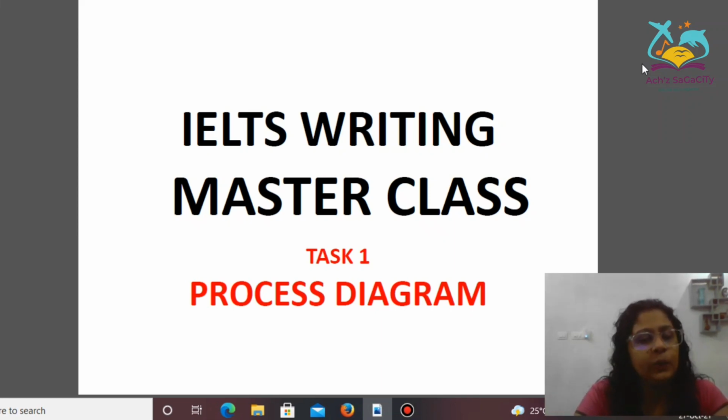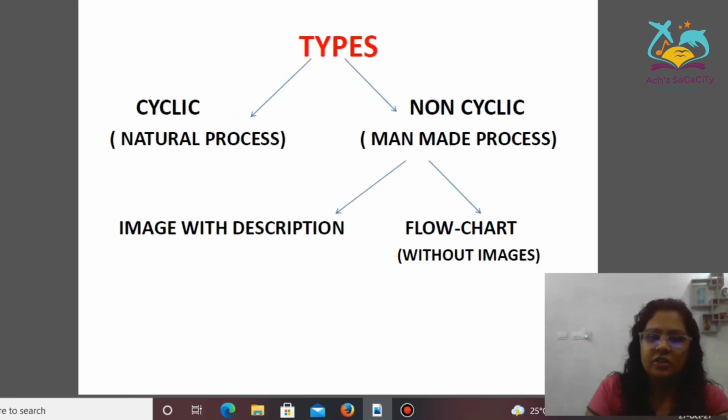So in today's section we are going to study about process diagram. Okay, so we already did some videos related to IELTS writing regarding the academic task 1. We already completed line chart, bar chart and also pie charts. So I thought of doing table next, but I'm getting frequent requests to make a masterclass regarding process diagram and also map. We will move on with that. So today in this section we are going to study about process diagram. So without further delay, let's start out with our section.